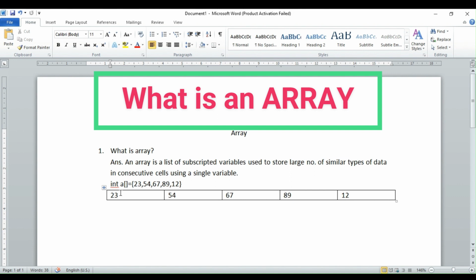So we can assign an array like this. This is an integer array where a is the array variable. In array a, there are 5 elements. Now, how can you store these elements in the array? 23 is stored in a0, and this is stored in a1.